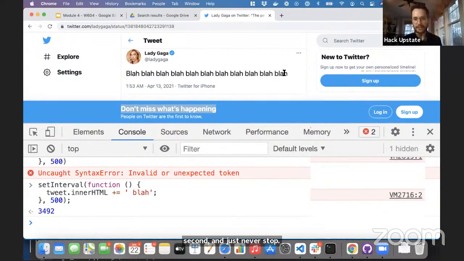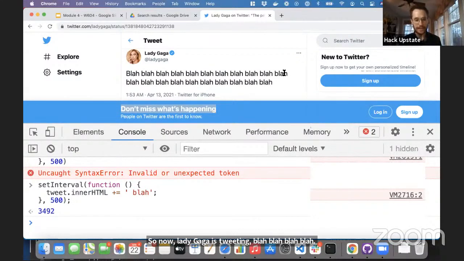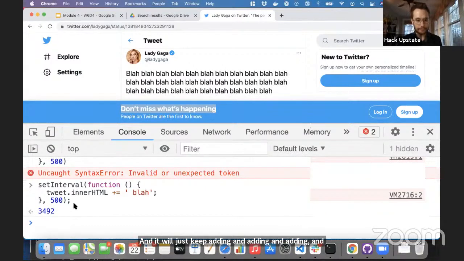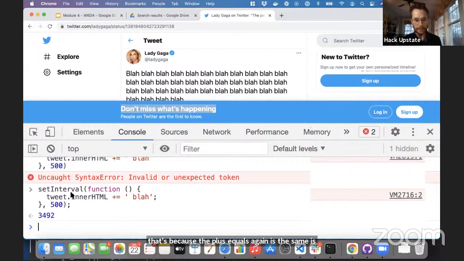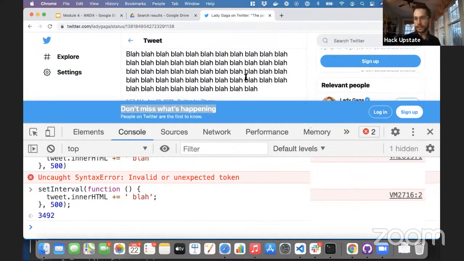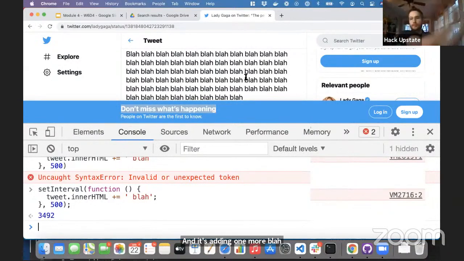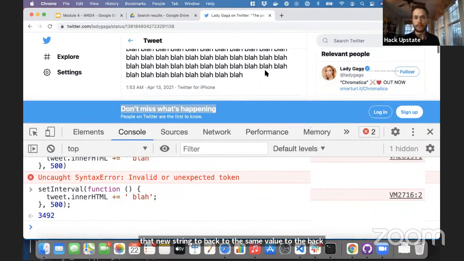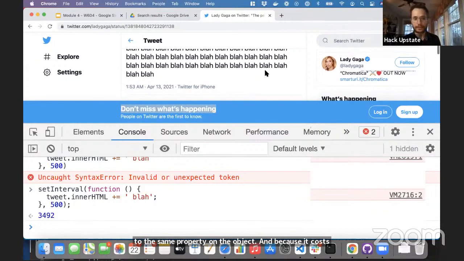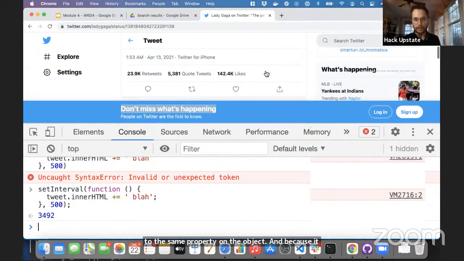So now Lady Gaga is tweeting blah, blah, blah, blah, and it will just keep adding and adding and adding. And that's because the plus equals, again, is the same thing as saying tweet.innerHTML equals tweet.innerHTML plus blah. So it's taking the old value of it and adding one more blah, and then assigning that new string back to the same property on the object. And because it corresponds to the div, this will just keep growing and growing, and it will actually